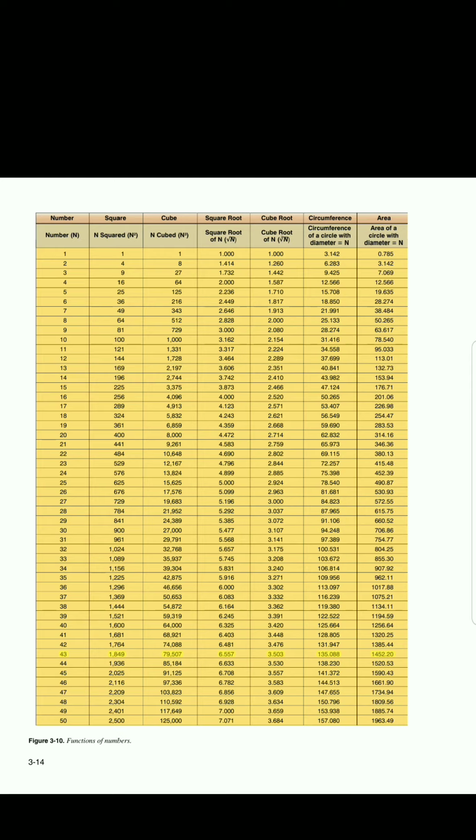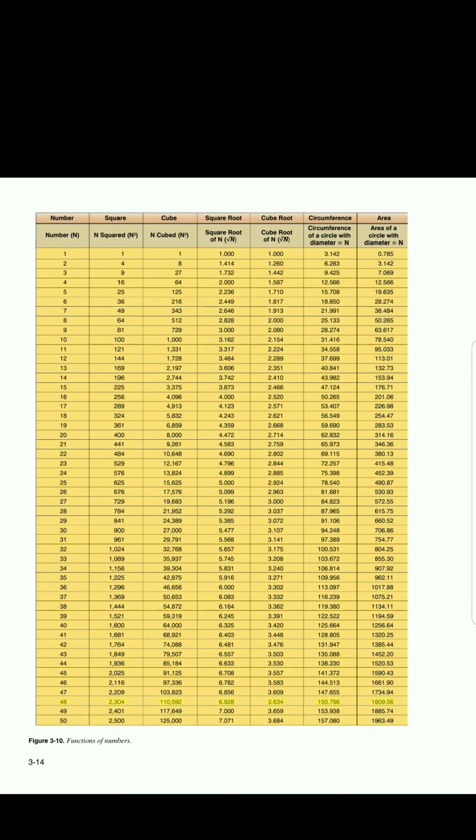44, 1,936, 85,184, 6.633, 3.530, 138,230, 1520.53. 45, 2,025, 91,125, 6.708, 3.557, 141,372, 1590.43. 46, 2,116, 97,336, 6.782, 3.583, 144,513, 1661.90. 47, 2,209, 103,823, 6.856, 3.609, 147,655, 1734.94. 48, 2,304,